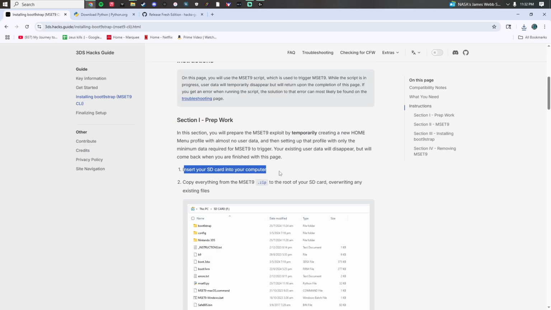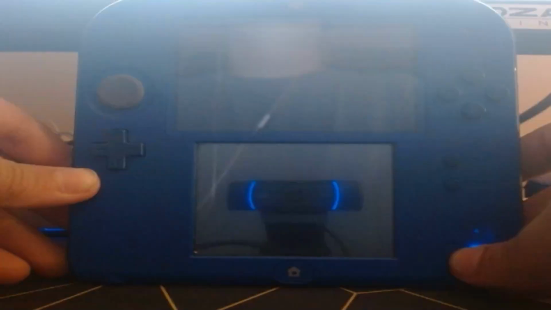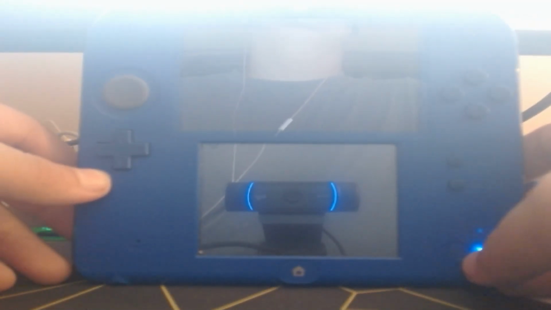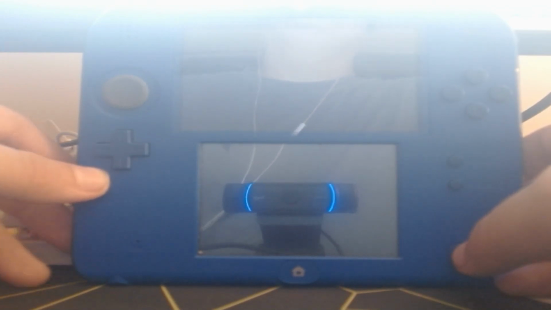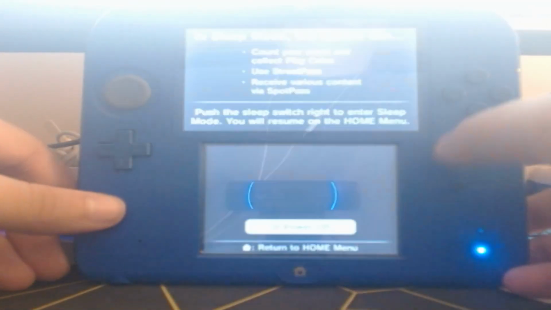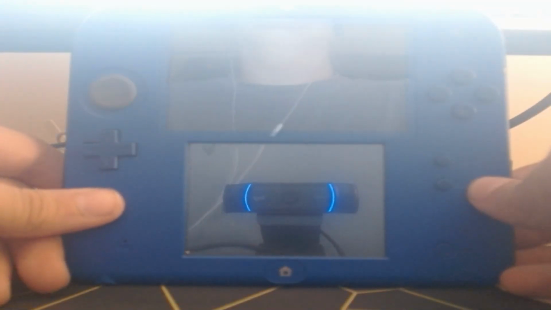okay. Now, this is where you're gonna need to insert your SD card in your computer, which I will do that now. Also, again, very sorry if this video is absolutely terrible, as I'm not good at making tutorial videos, and that's really it. So you will need to power off your DS, take your SD card out,